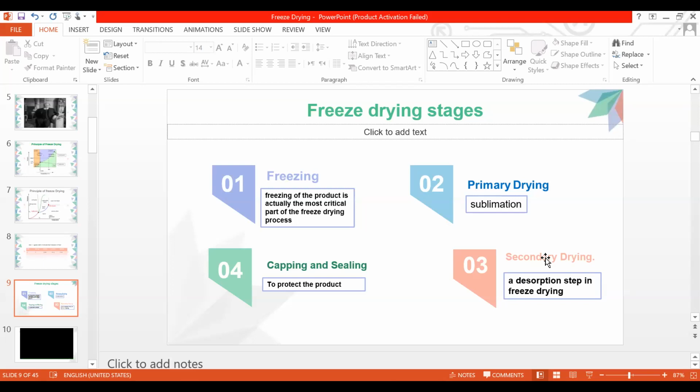That means the water that is difficult to be removed in the primary drying can be removed in this stage. After getting the final product, the freeze-dried product, capping and sealing is very important, which is the fourth stage of drying, in order to protect the freeze-dried product from